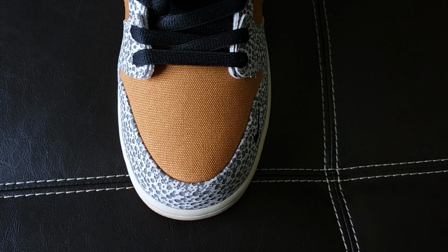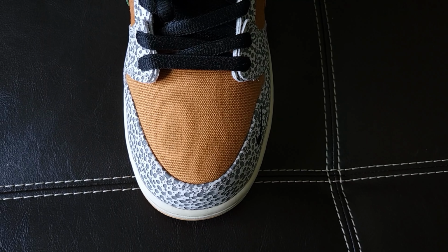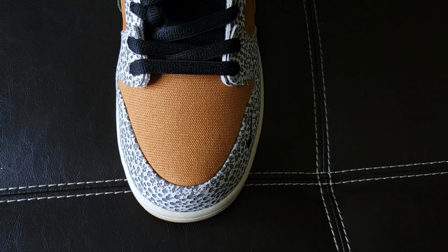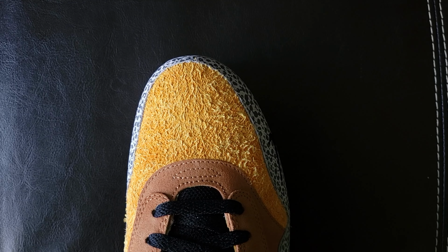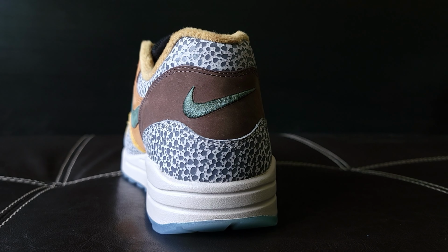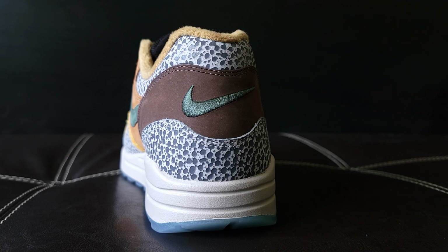Now, the original Air Max 1B Safari had canvas, similar to what the SBs that dropped in 2020 had. It was never before seen at that time. A lot of people were upset at the retro for the fuzzy suede. I mean, it gave it a funky look, and I'm weird, so I was all for it. It also had an icy sole, which differed from the gum bottom on the original pair, but again, I was